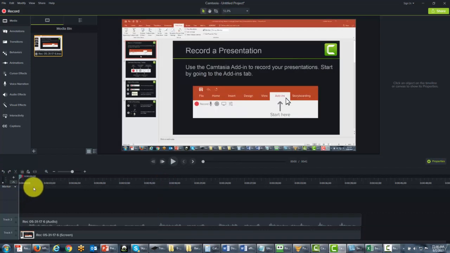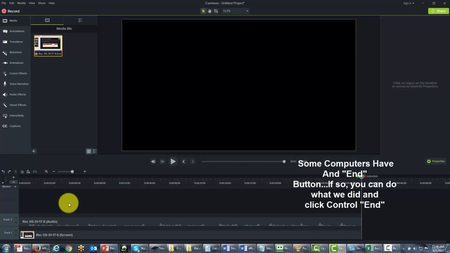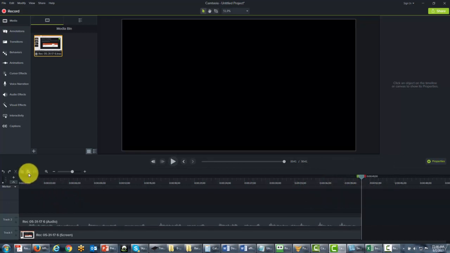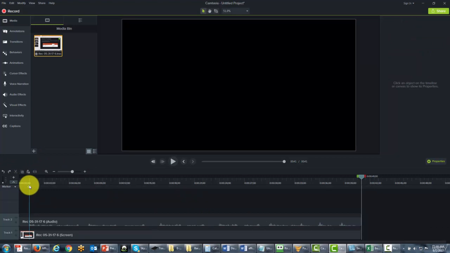Now the other thing that Camtasia has is a copy and paste tool. Camtasia will go to the place where the cursor is, and it will paste whatever you have in your clipboard. So for example, if we press Control End and pull our cursor all the way to the end, we can then click the paste command. And you'll notice there that there is a portion that will actually be there, and this is something that we had in the toolbar. Of course, we can then go back and undo it,